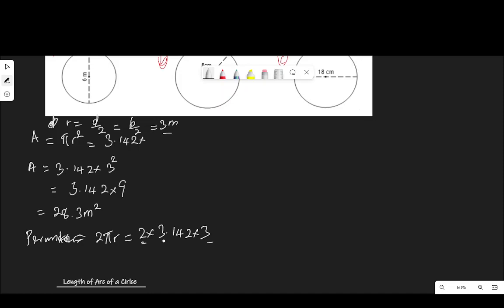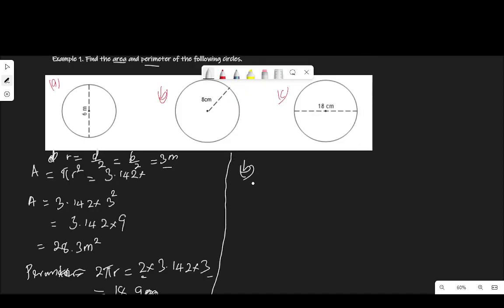3.142 times 6 is 18.9 approximately meter, not centimeter, meter. Okay, that is that for A. And for B,